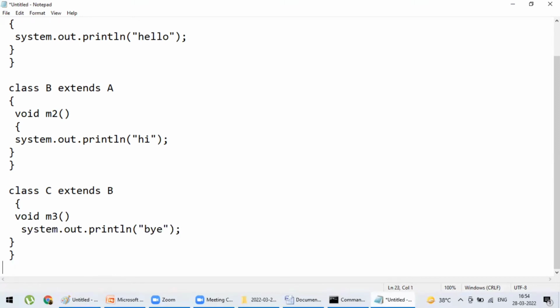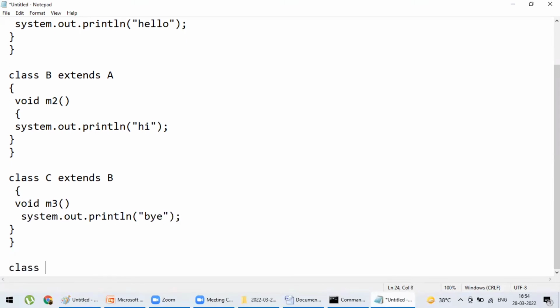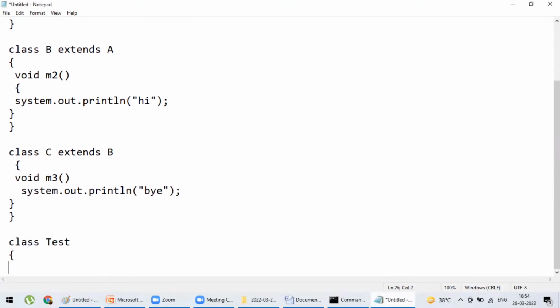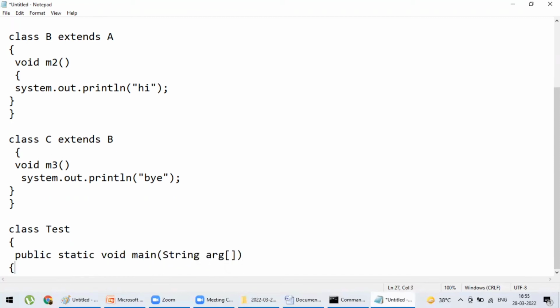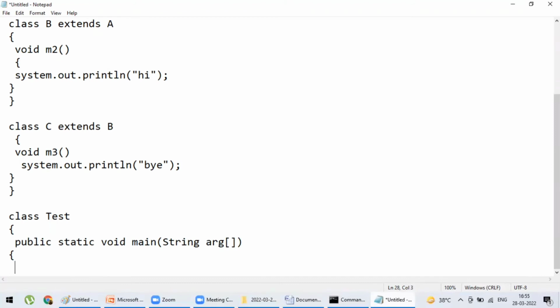Now we have to create the main class. Test main class, public static void main, String args. Now we just have to create an object of the C class, the derived class, and by creating an object of the C class we can call the M1, M2 and M3 methods, because class C contains all these methods.